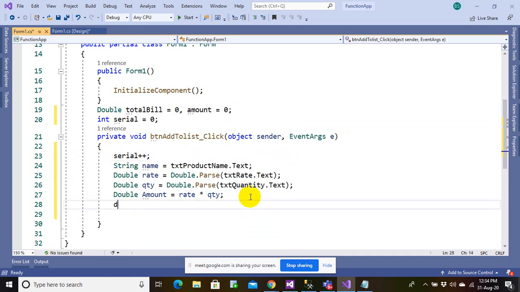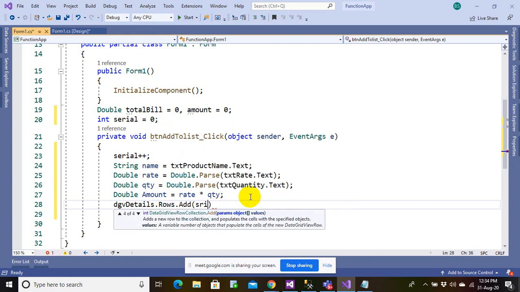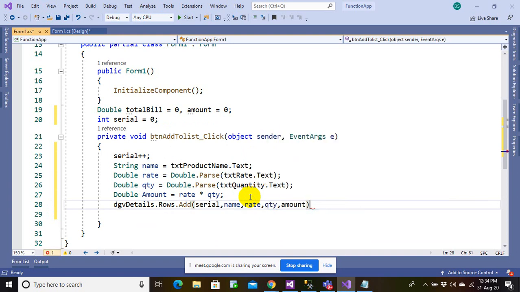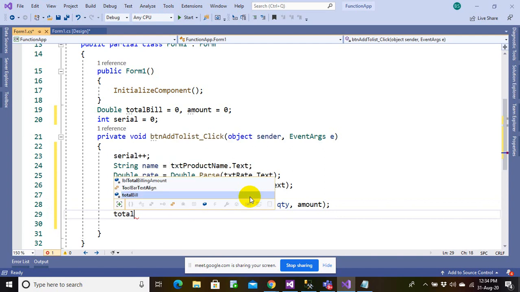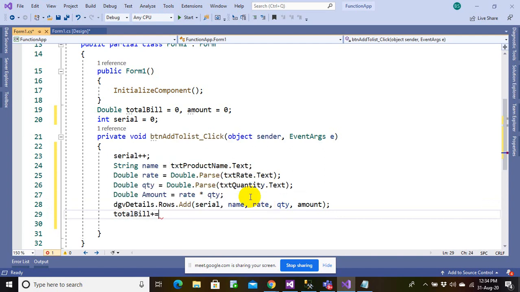So now I can add the value onto the row. I want to have a serial number first, and I want to have a name, rate, quantity, and amount to be displayed, and total bill should be increased.